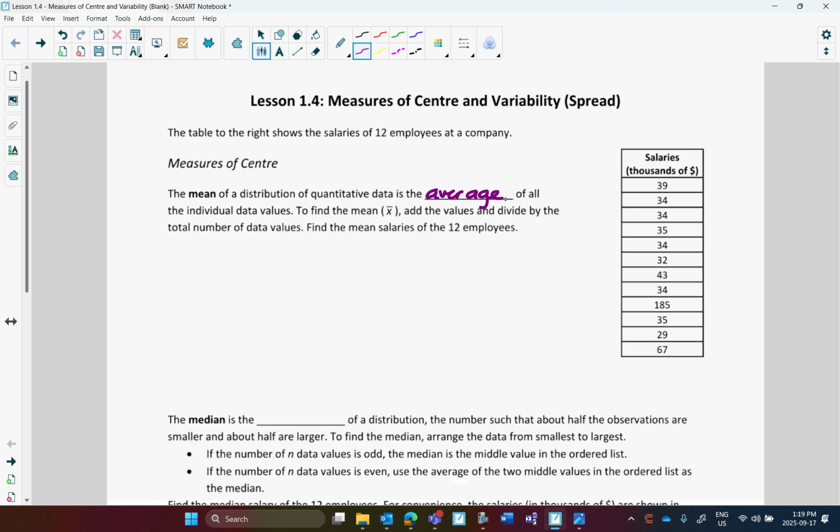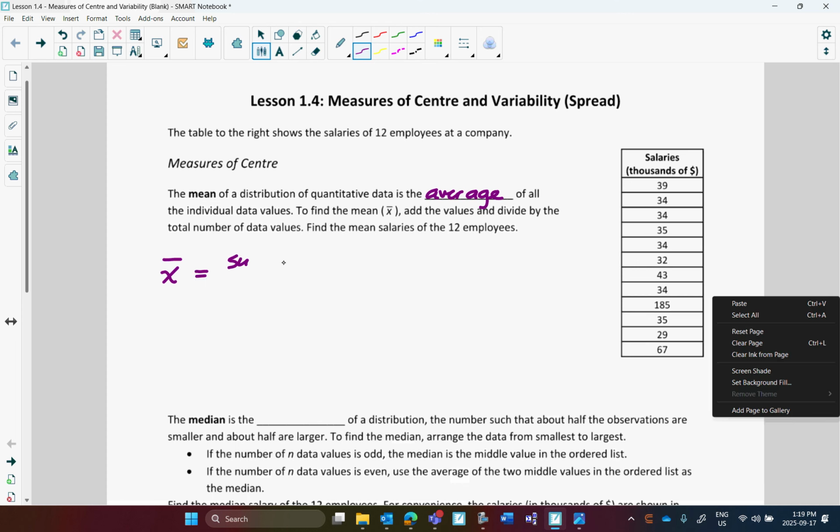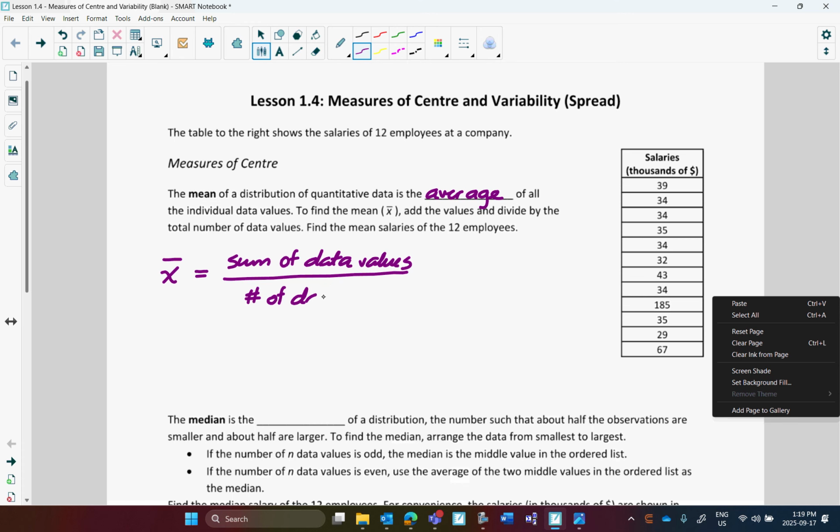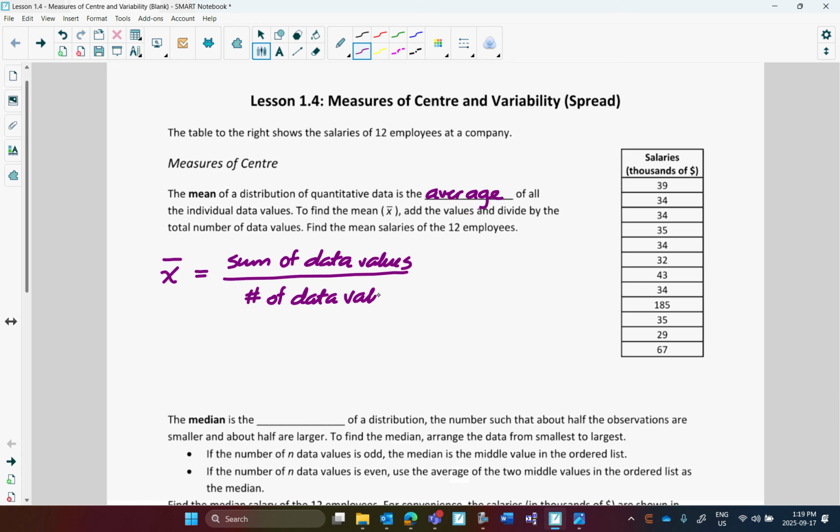And the notation we use in statistics, and we'll get into this later because there's a couple of ways to show mean, but for now, we're going to use this called X bar. And it's the sum of the data values divided by the number of data values, or in a more formalized formula,